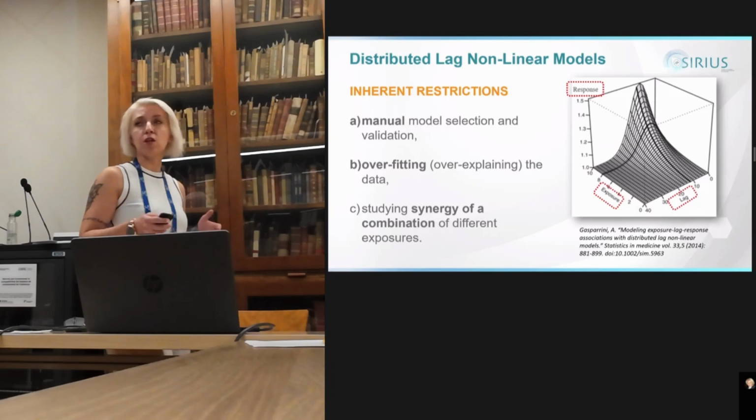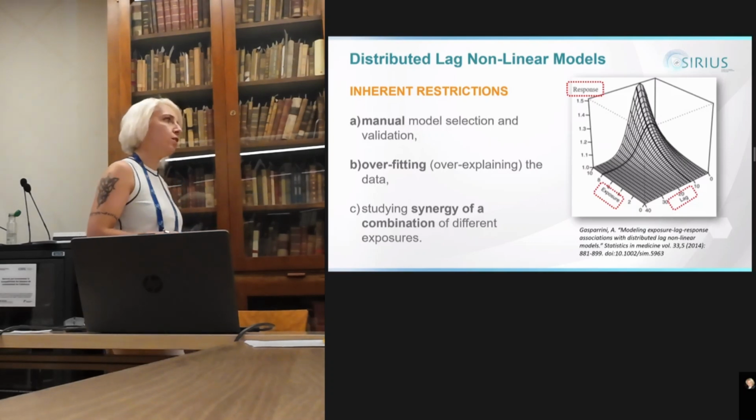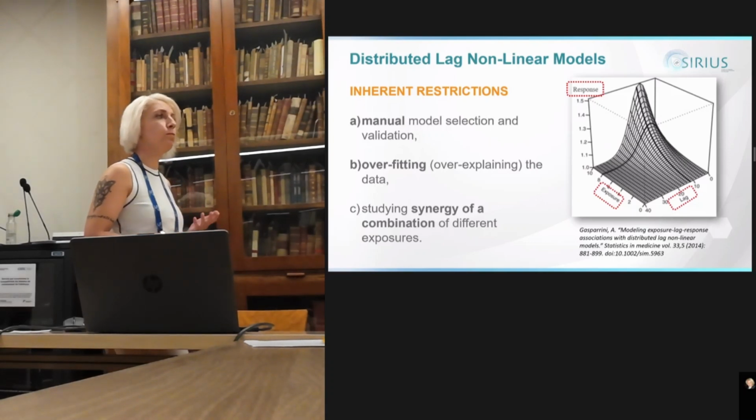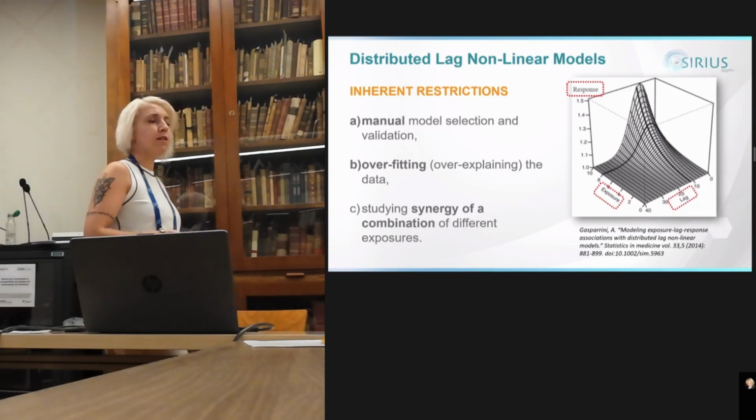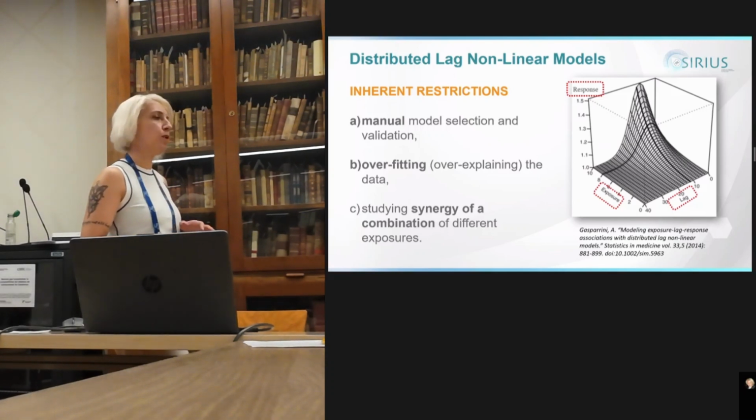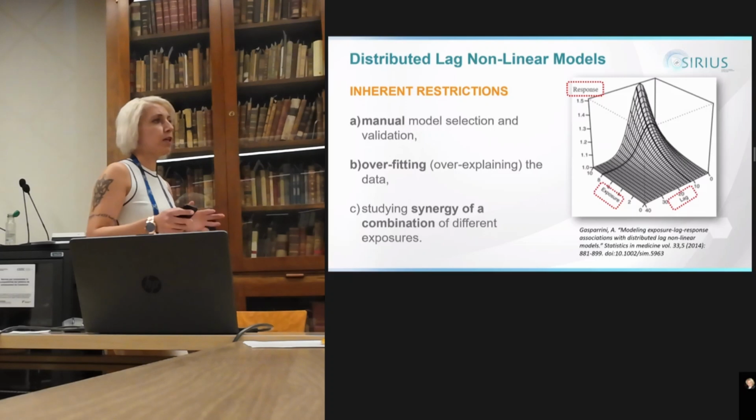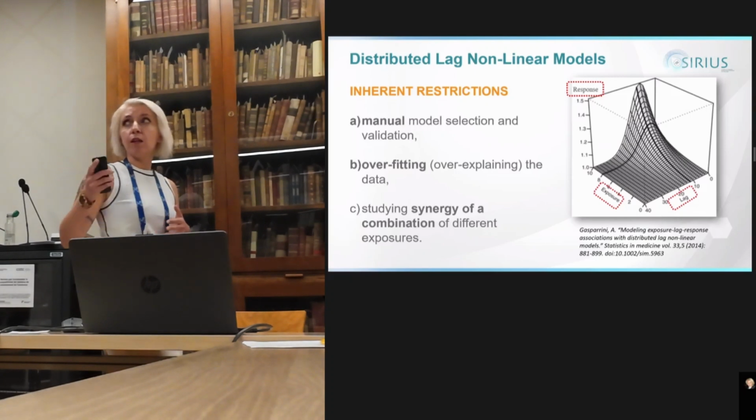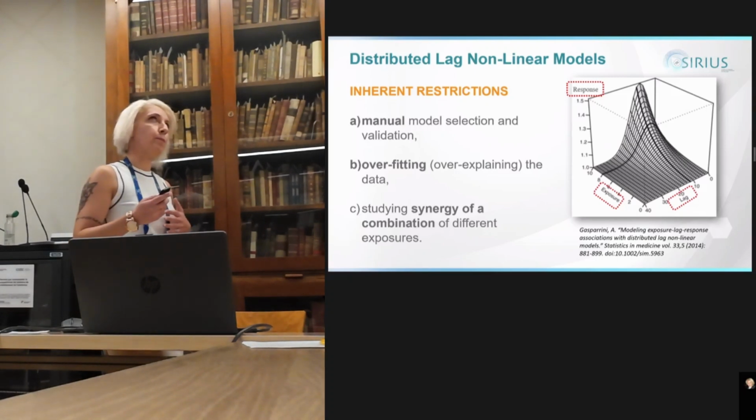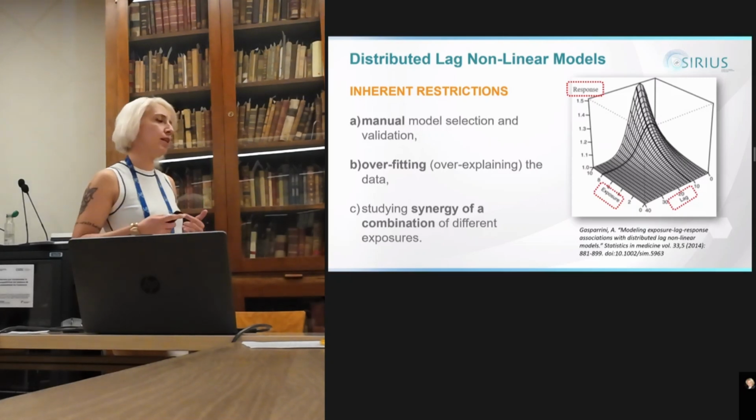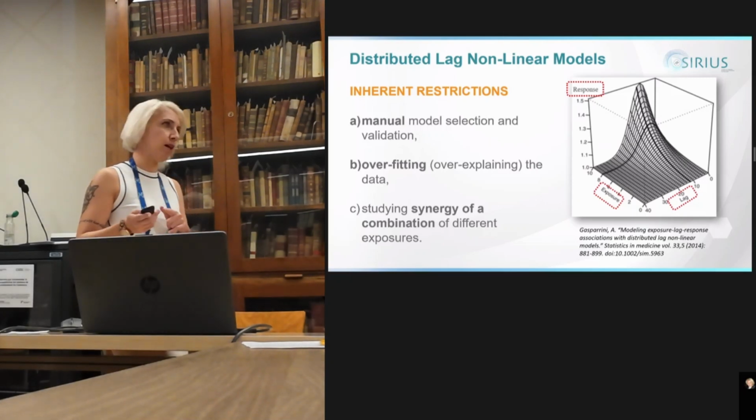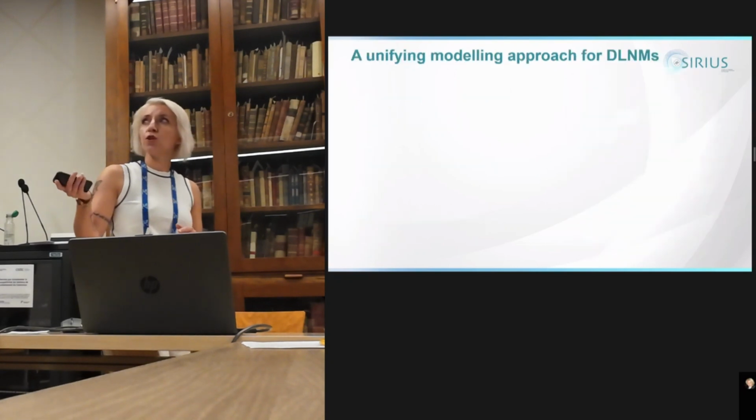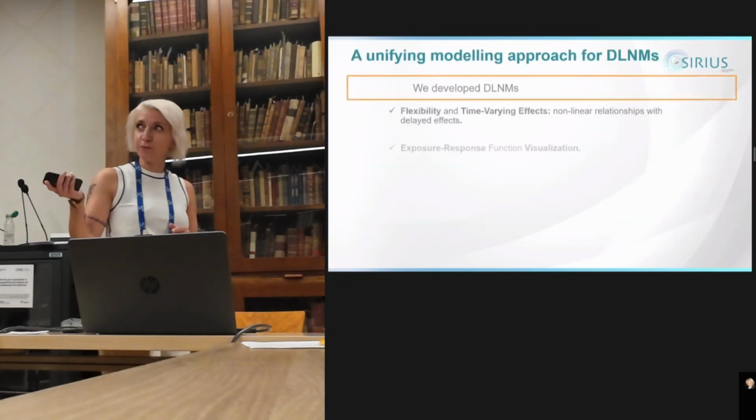And the third disadvantage, which in our case was the most important one, is that DLNMs lack a consistent way to study the synergistic effect of simultaneous environmental stressors on human health. So given these restrictions, we were obliged to find another way to use DLNMs without these disadvantages. So what we did was